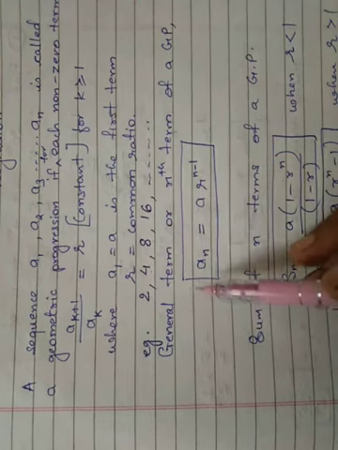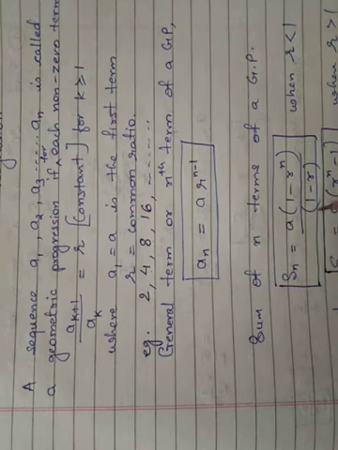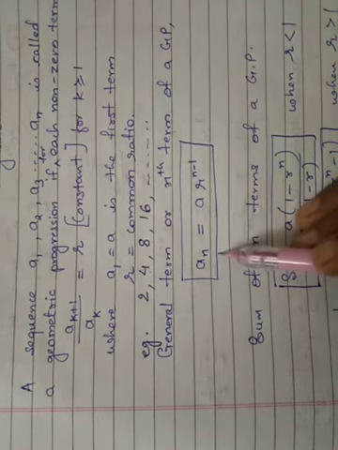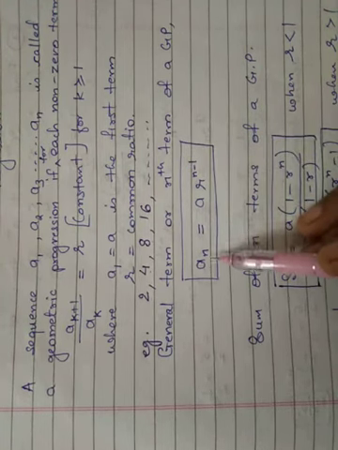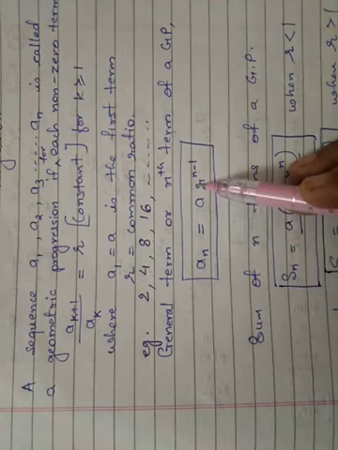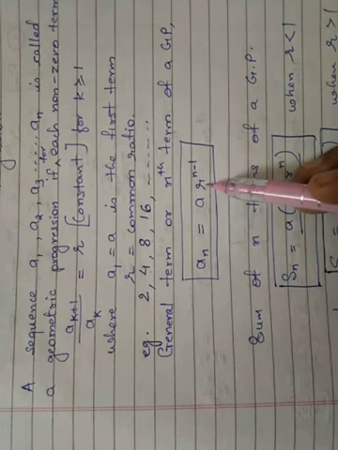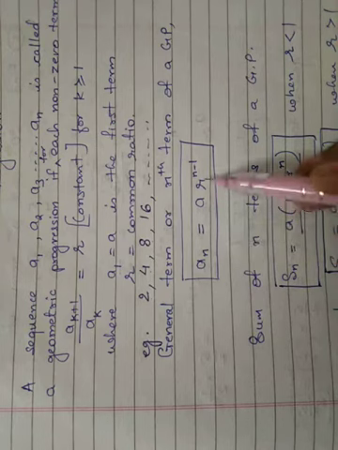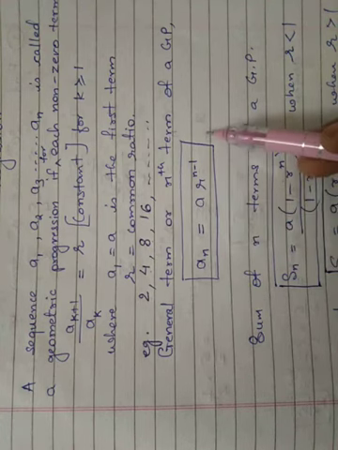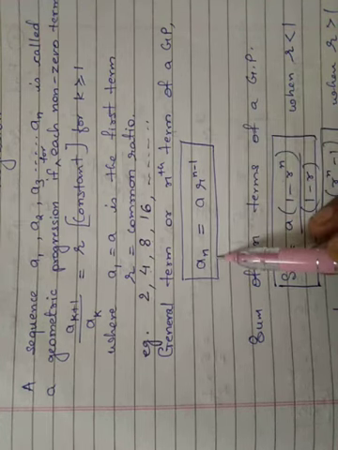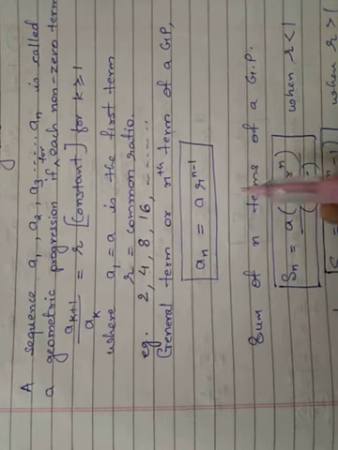Now, जैसे आप AP के अंदर फॉर्मूला यूज करते थे कि nth term of an AP is a plus n minus 1 into d, यहाँ पर ज्योमेट्रिक प्रोग्रेशन के अंदर nth टर्म की फॉर्मूला होगी an is equal to a into r raised to n minus 1, where a is the first term of the sequence, r is the common ratio, and n is the number of terms in the sequence. तो AP में क्या था? an was a plus n minus 1 into d, and GP में nth term will be a into r raised to n minus 1.